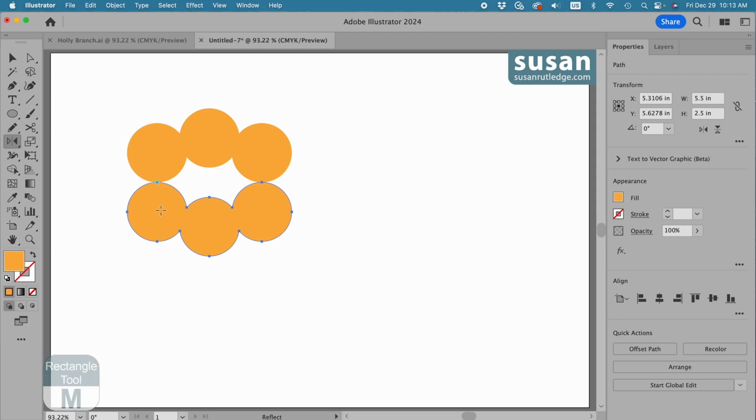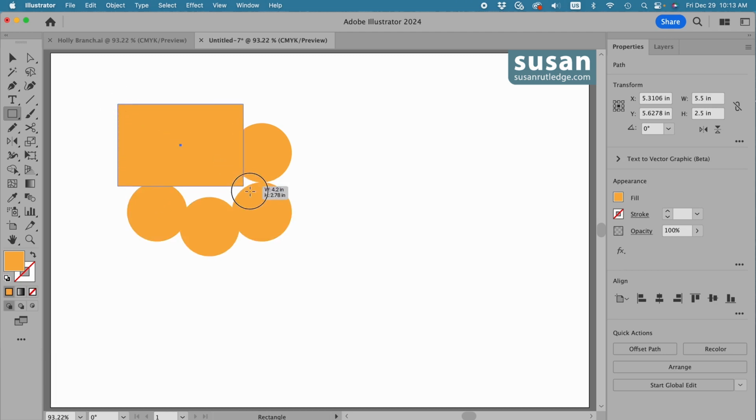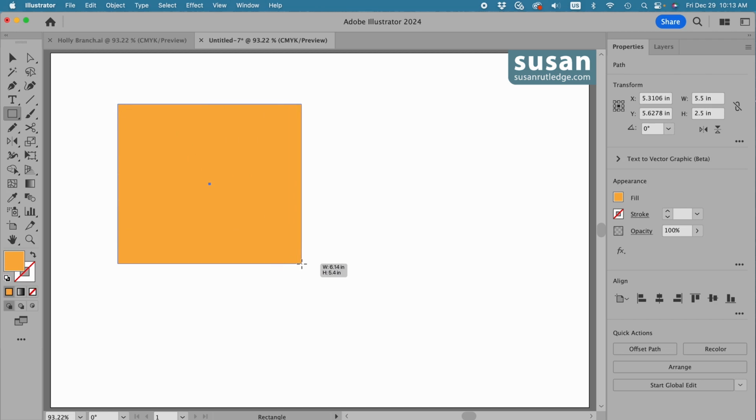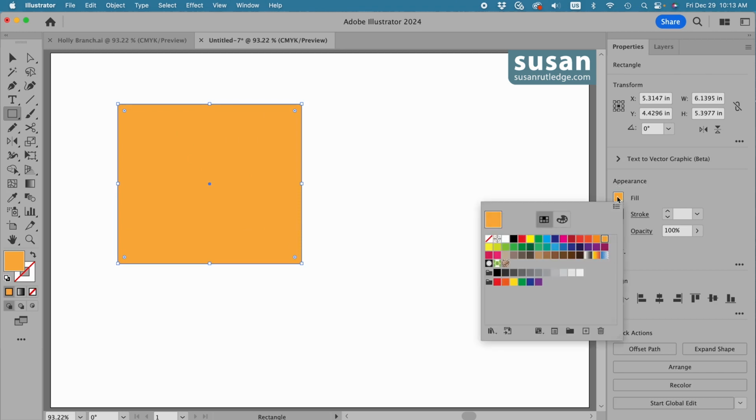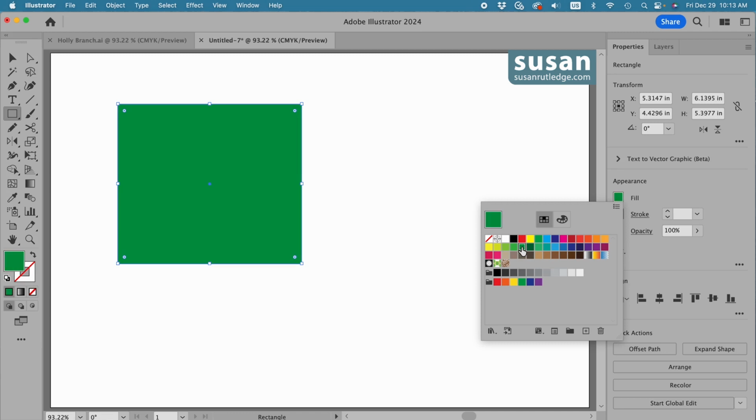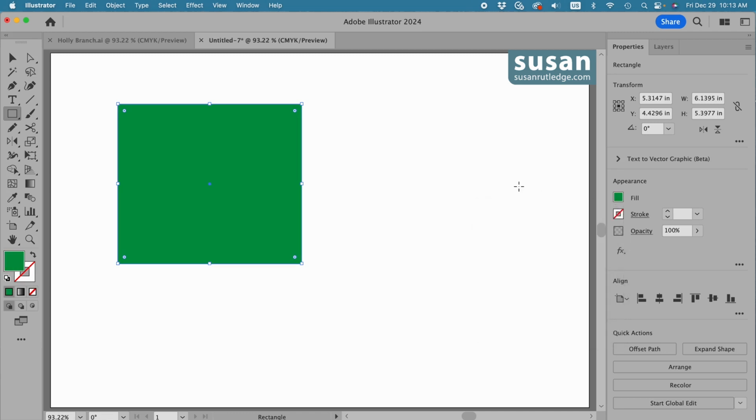Now I'll get the rectangle tool, keyboard shortcut M, and I'm going to drag a rectangle that covers all of my circles and then change the color of the rectangle to the color I'm going to use for my leaf. So I'll click on the color fill icon and I'm going to choose a medium green. Then click on the artboard to close out the swatches panel, and I want to move the rectangle behind the